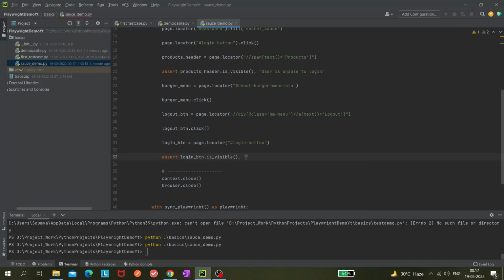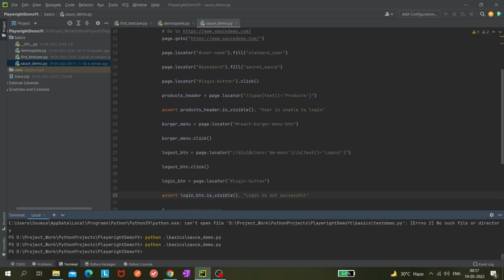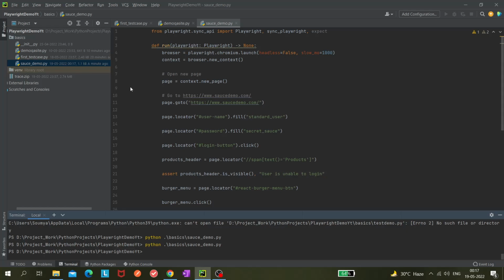If this is not true, in that case I should get a message like login is not successful. Simple. Okay, so our login and logout scenario is completed. This is just a simple test.